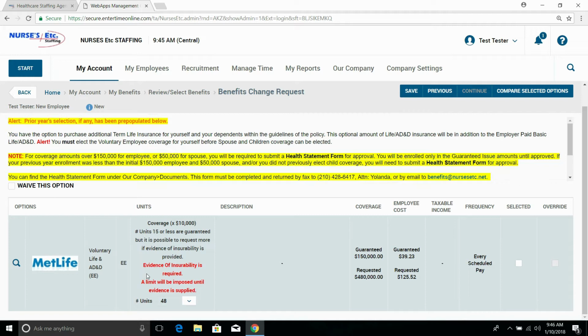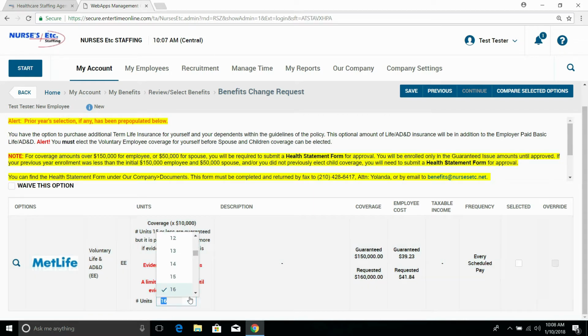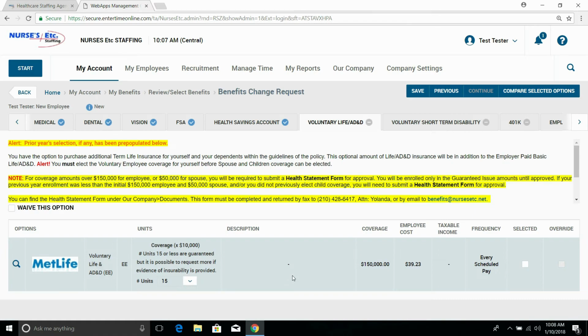Until we receive that and it is approved by MetLife, you will though have the guaranteed issue amount of $150,000 and you will see the $39.23 payroll deducted from your payroll. So let's just say we're only going to do the guaranteed issue amount of $150,000 of $39.23 per check, and